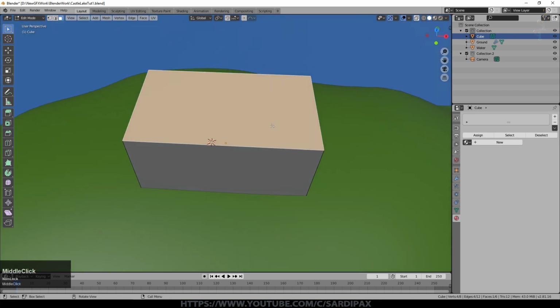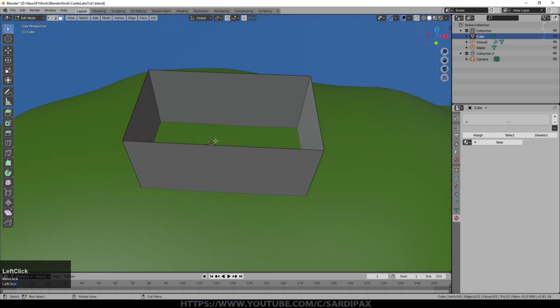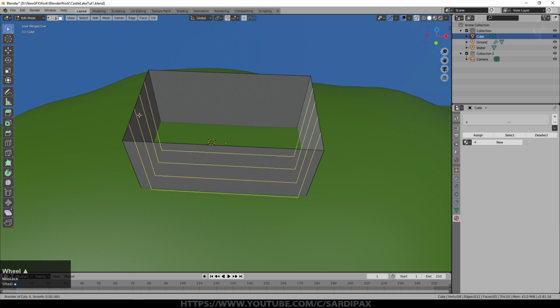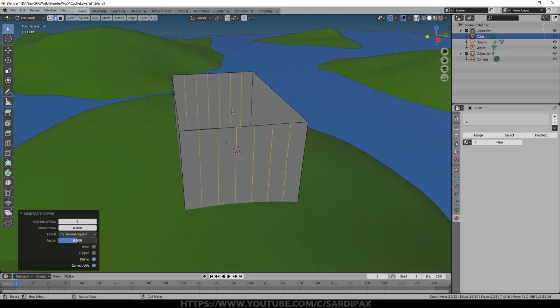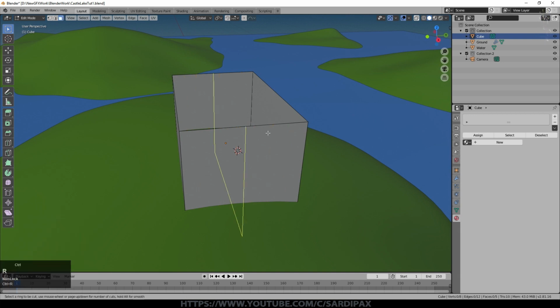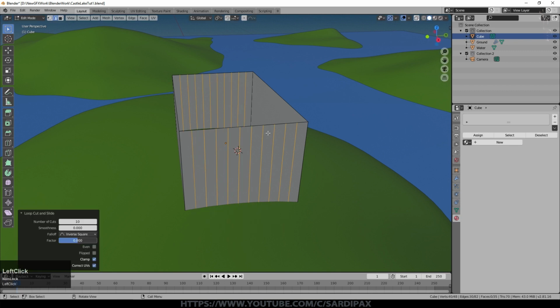I'm going to press X and delete faces. So we've got a hollow box now. I'm now going to decide how many castellations, as I believe that's what they are called. So this is the ups and downs that you get on a castle, even though I'm going to destroy some of the walls. So Control R to add an edge loop, and let's try 10. That's probably not too bad.